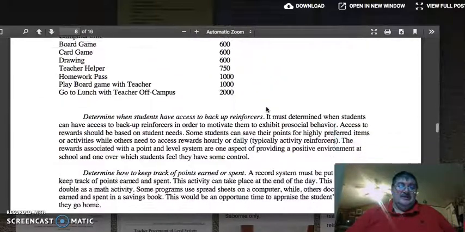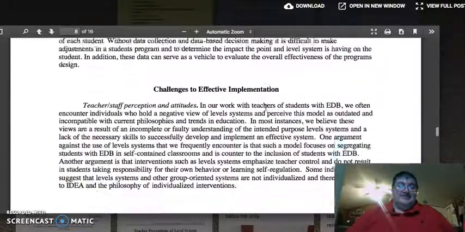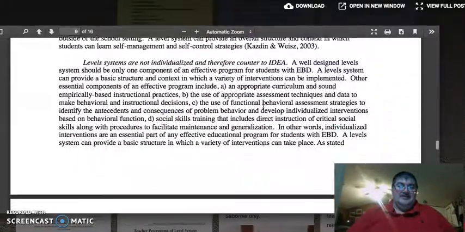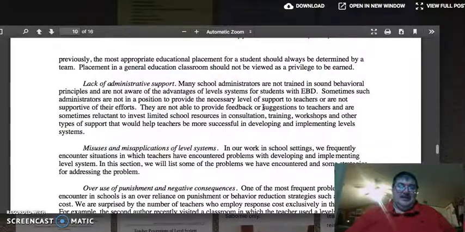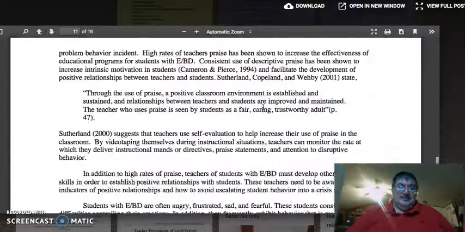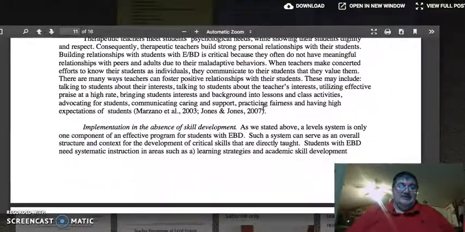So there is a reinforcement menu. Again, you can find a lot of these on the internet. There are plenty of examples out there of how to set up your level system if you want to do so. And as you read on down, it gives you the conclusion